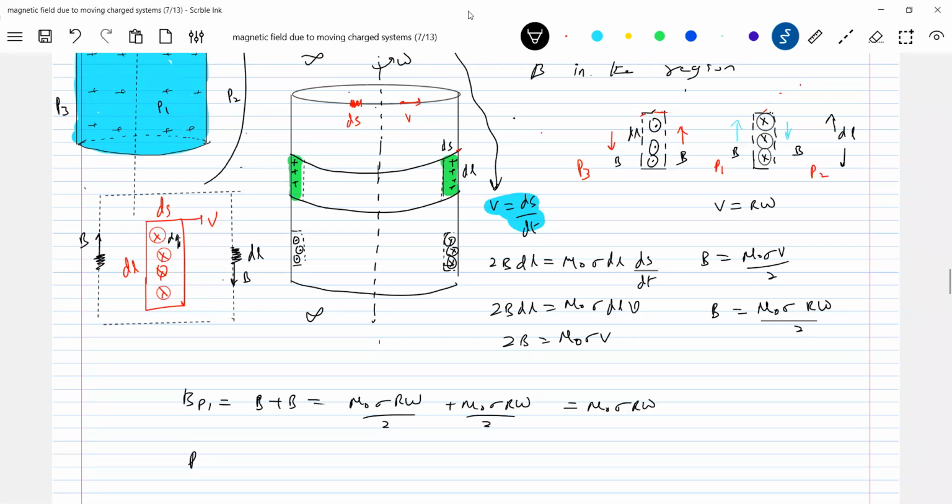Field at point P2. I should take superposition. Field at P2 due to the blue one, B bar is there. Due to this red one will be there, no? I told you whenever two sheets are there, you should take superposition here. Not only this alone will be there, even in the absence of this, there'll be B bar here due to this sheet. Then in the absence of this, there'll be B bar due to this sheet. When both are present, the resultant field.